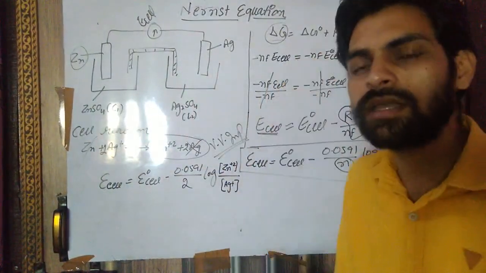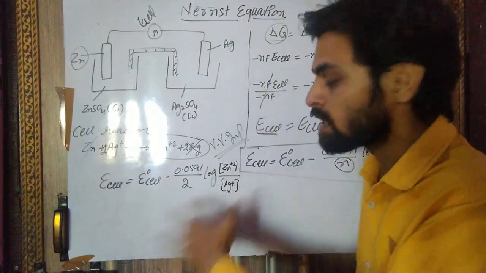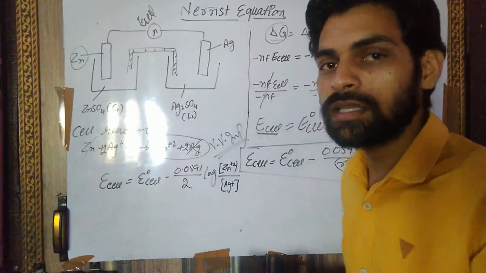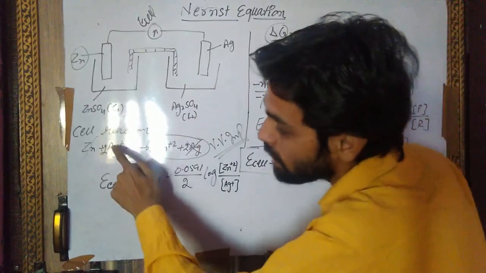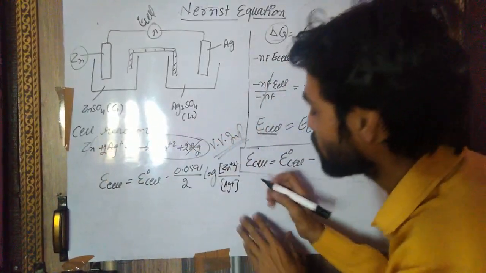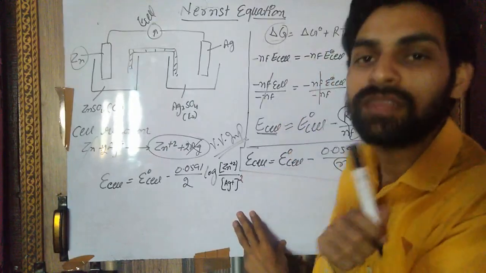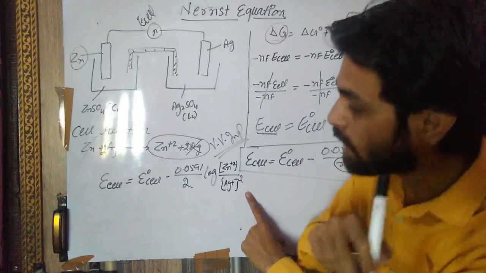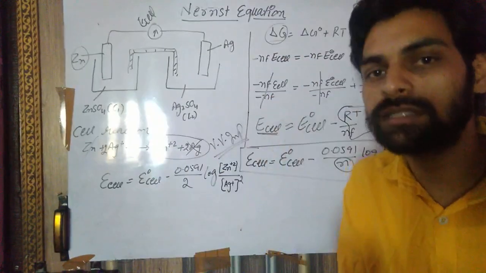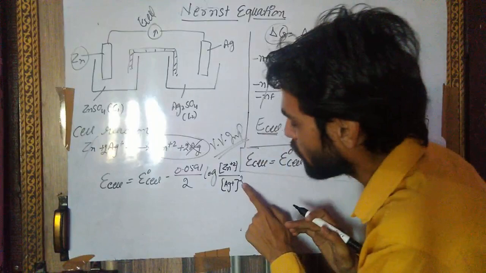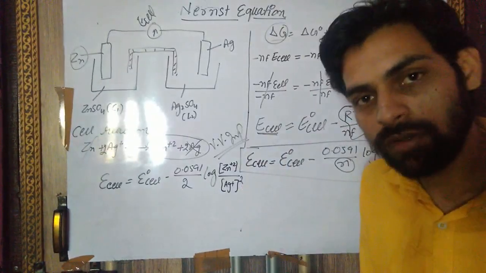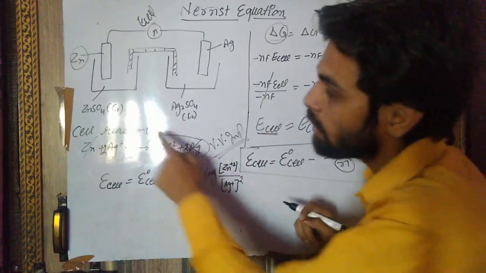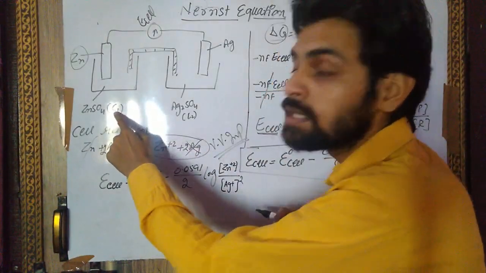But very, very important: most of the students skip this step and get 0 marks. Okay, after doing everything they skip this step. How many atoms of silver are there? 2, so this will be the power. You have to keep this in mind, this is very, very important, that's why you need to balance the equation. If you do not balance, then you can't get this number and marks will be 0. Is it clear? So what is the concentration of zinc positive, C1, and